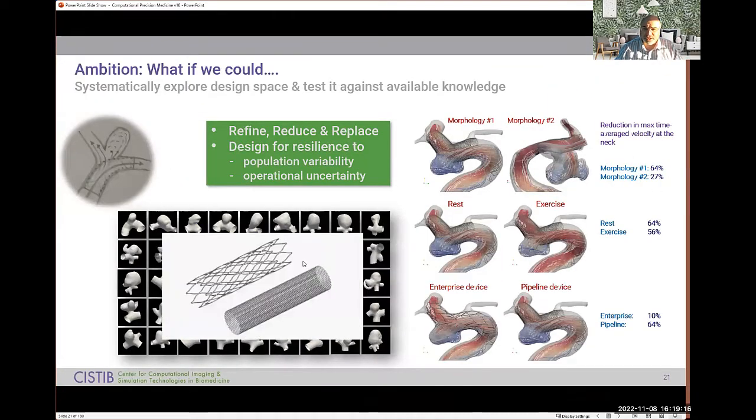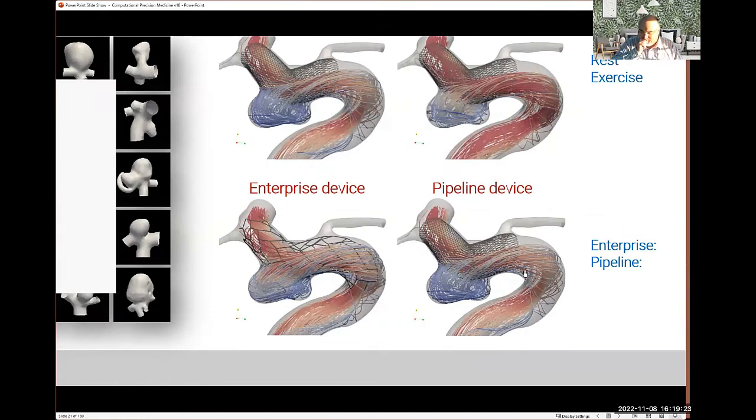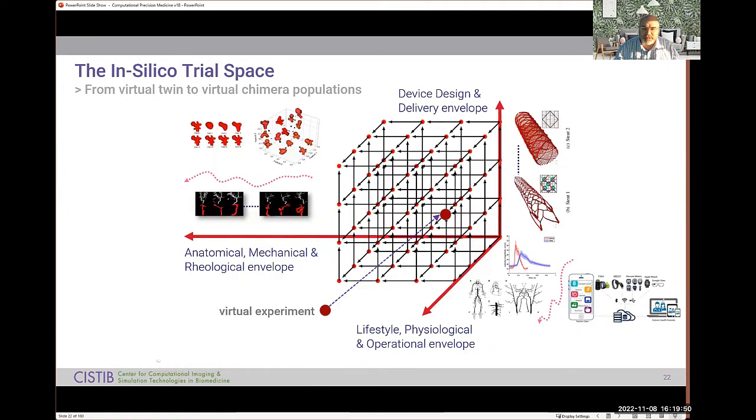And then finally, of course, you can do the same thing, but now with different devices. So you have same geometry, same physiology, but now different devices themselves. Okay? And for each of those cases, we have an idea about how, for instance, the flow has acted, and the higher this number, the better it is. But what you can see is that this number can have big variations across different conditions, which is something that we observe, we have experienced in real trials, that actually devices don't always perform well in different types of subjects. So what an in silico trial ultimately is, is a massive